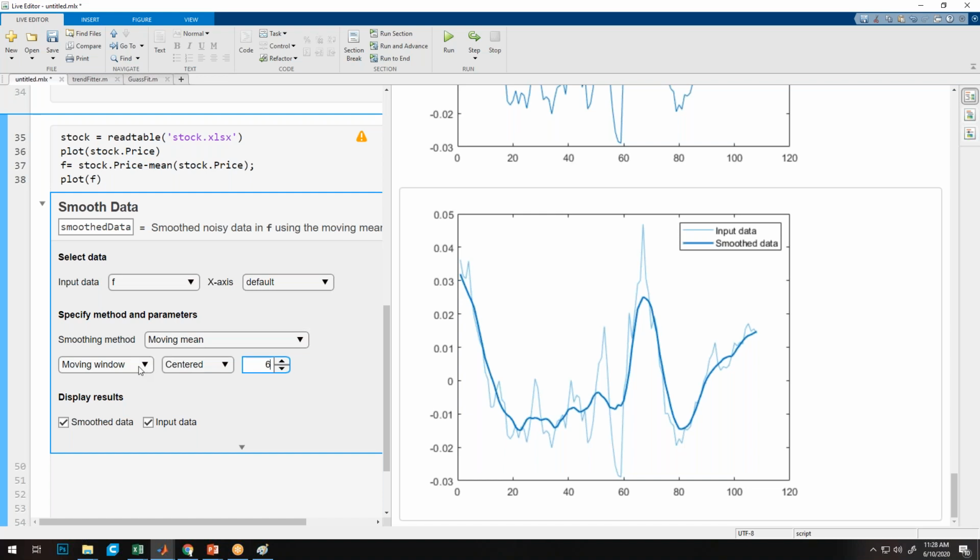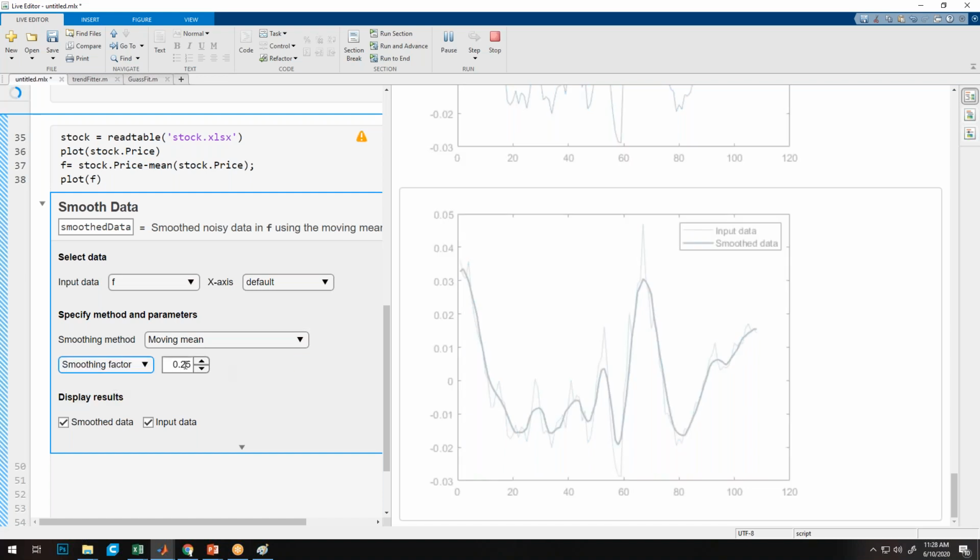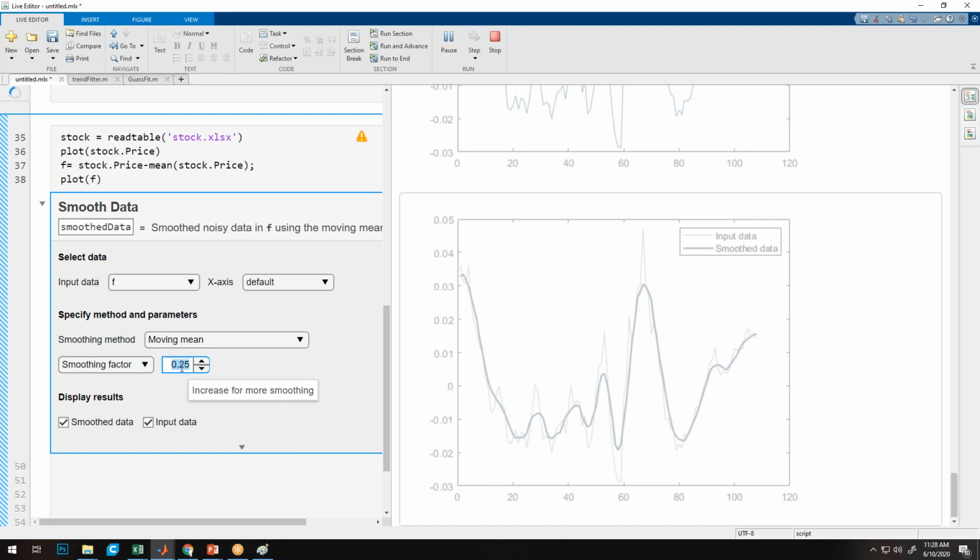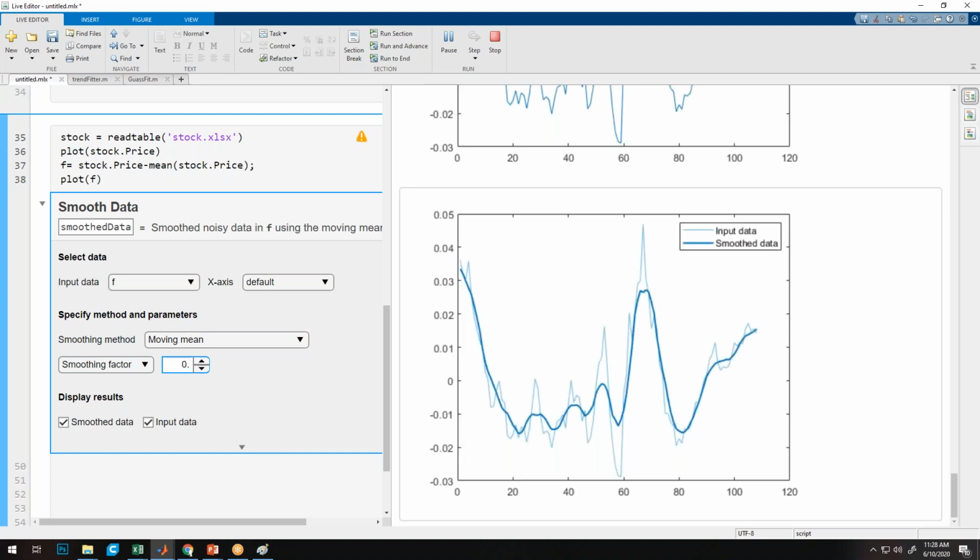I'll take the smoothing factor, and if I increase the smoothing factor, I'll show you what the effect is. Say from 25 I go to a 50% smoothing factor. You can see what the actual data was and how the transformed data is now showing it to me. I'm getting an averaged trend in the market, like how the market rises and drops, and then after the breakout, how the market is a little bit steady because all the data are very close to the line.